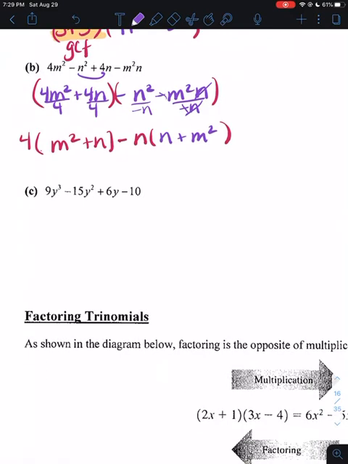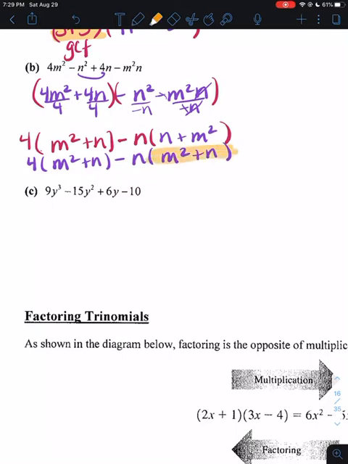So now notice how they both have the same thing in parentheses. Now I can rewrite it. This is m squared plus n minus n. And this would be the same thing as m squared plus n. And so now when I rewrite this,